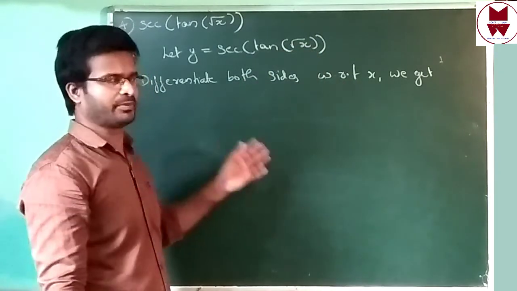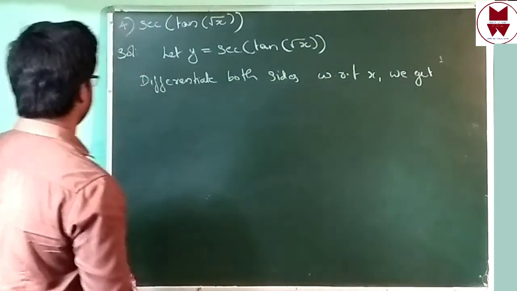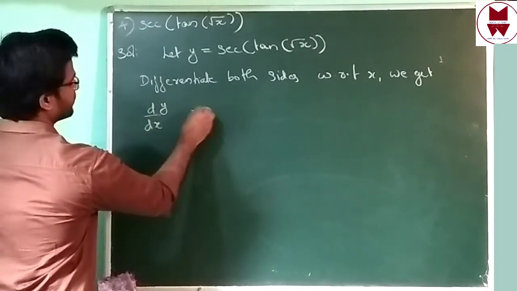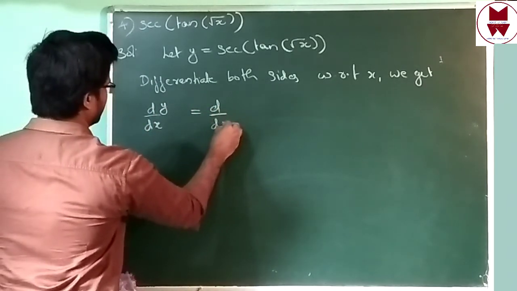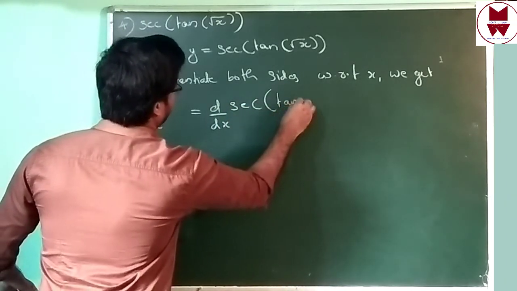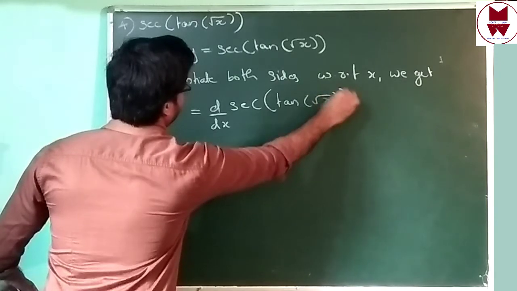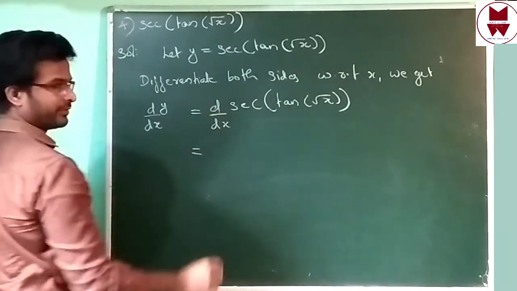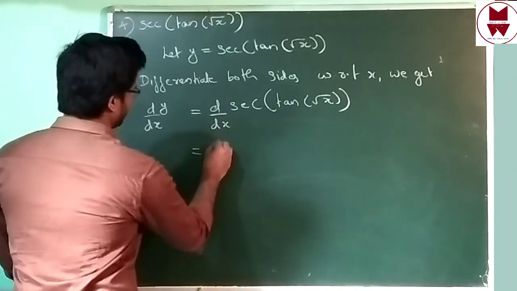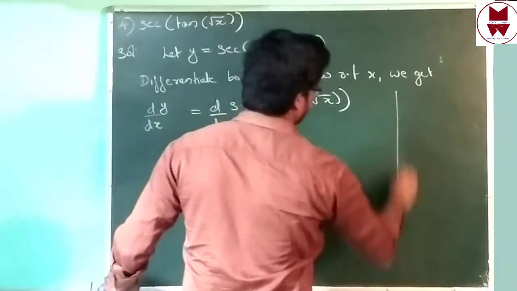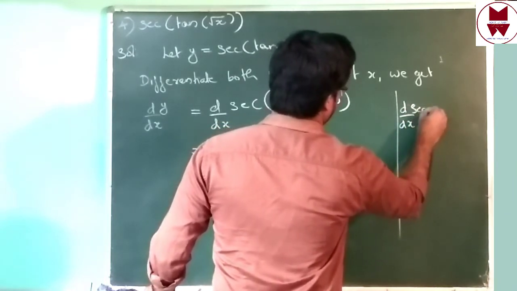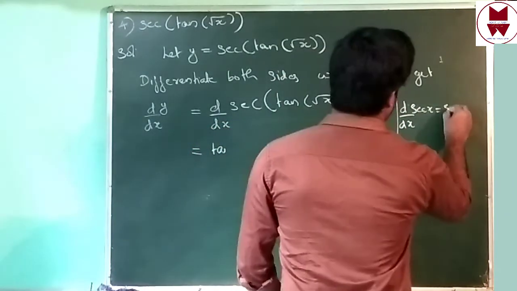We have to do differentiation separately 3 times. You can write d by dx of y equal to d by dx of sec(tan root x). What is sec? Sec you already know, that is d by dx of sec x is sec x